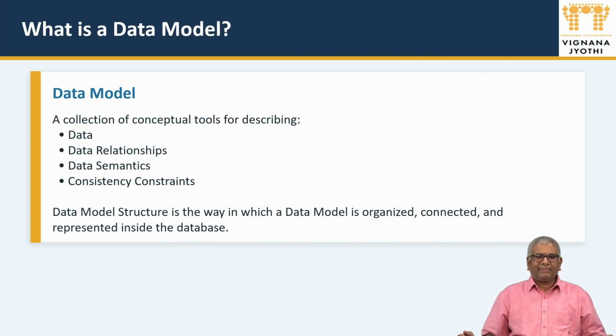Now, I think apart from data, the other three things are kind of difficult to digest if you don't know anything about DBMS. Data, we have already seen what it is, but data relationships, data semantics, and consistency constraints are something new. I'm going to explain more about this in later presentations. Just to give you a brief understanding,